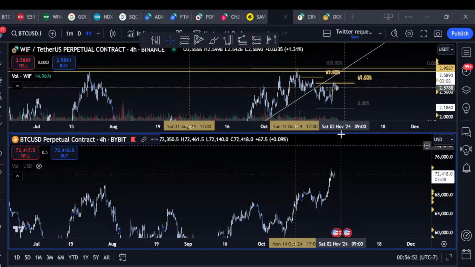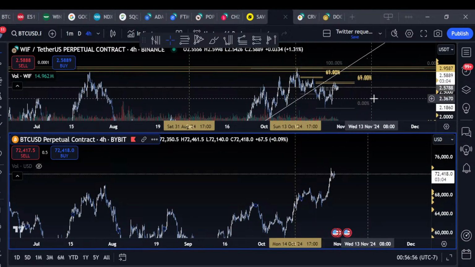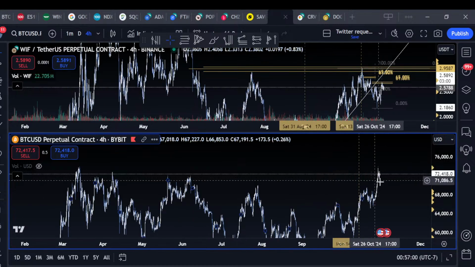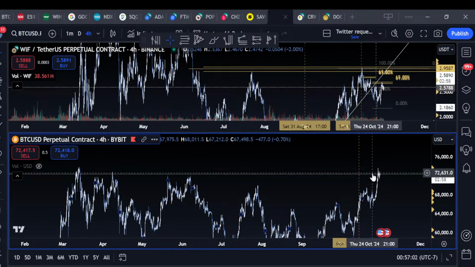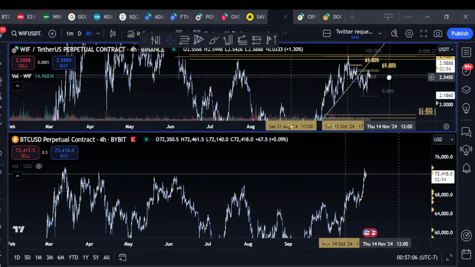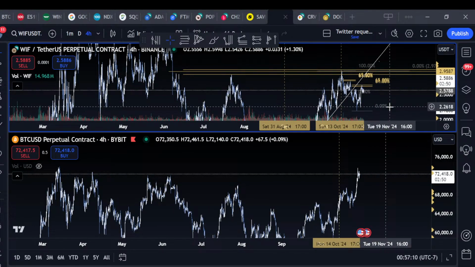Now, if Bitcoin goes straight up to all-time highs, is WIF going to go straight up to all-time highs, retest the century? It may. Who knows? Doesn't really matter to me. I don't know what Bitcoin's going to do. I'm taking structured trades. I'm not guessing what Bitcoin's going to do. I'm taking structured trade setups. If they don't work, then I have this WIF short. If they do work, then probably my WIF short's going to get stopped out and my Bitcoin long maybe is going to print.